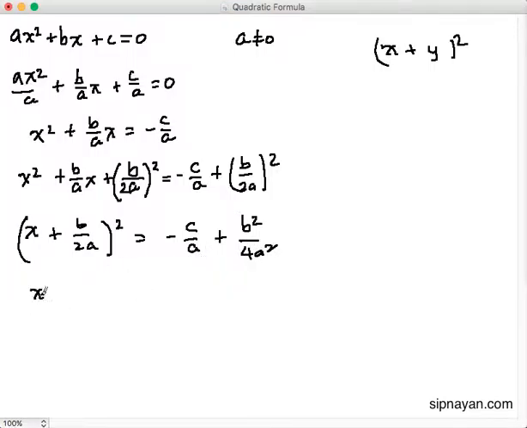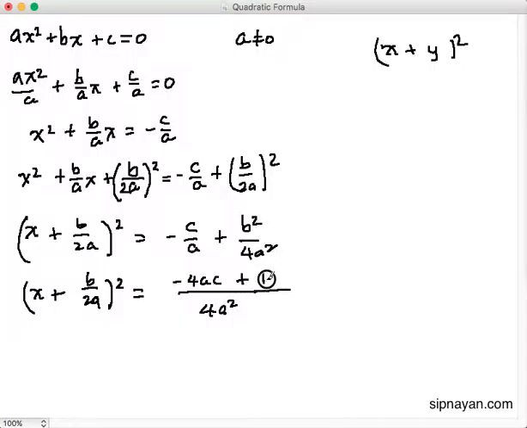So, magiging x plus b over 2a squared is equal to, pwede na natin kunin yung LCD niya, no? Least common denominator, which is 4a squared. So, magiging 4a squared divided by a, is 4a times c is 4ac, negative 4ac. And then plus b squared na lang. 4a squared divided by 4a squared is 1 times b squared is b squared. Okay, so,